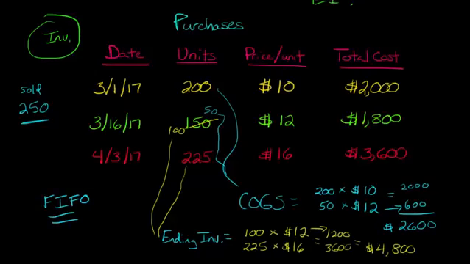First in, first out. But the price we're actually paying, the most relevant price, the price that we have to pay for shirts right now around the time where we actually make the sale, the current cost, the most recent cost, is quite a bit more expensive, $16. So in this case, because there's rising prices, FIFO doesn't do the best job matching the sales price with what the current price to purchase a t-shirt would